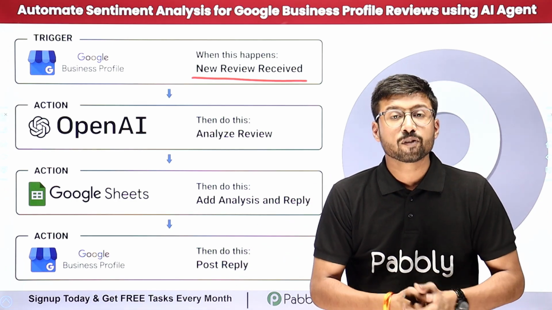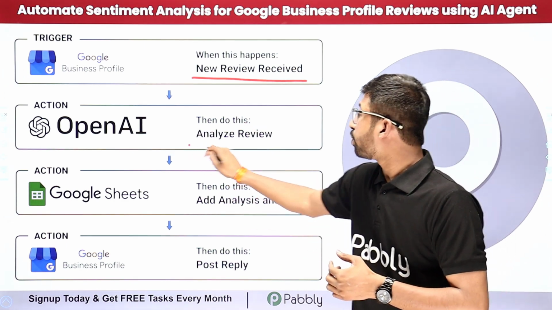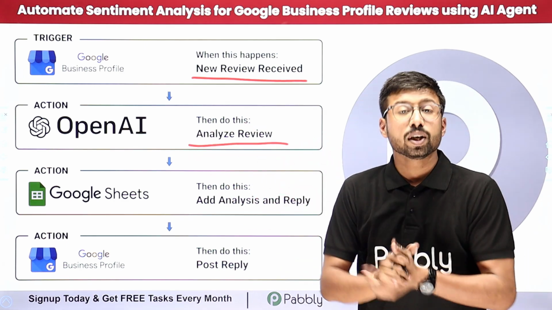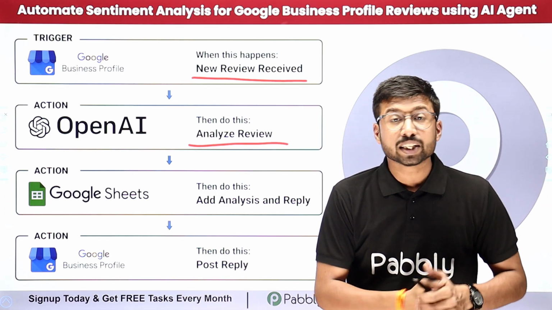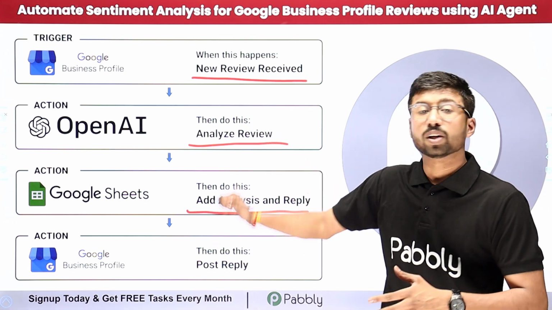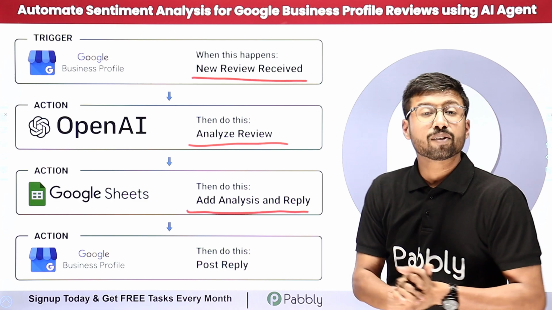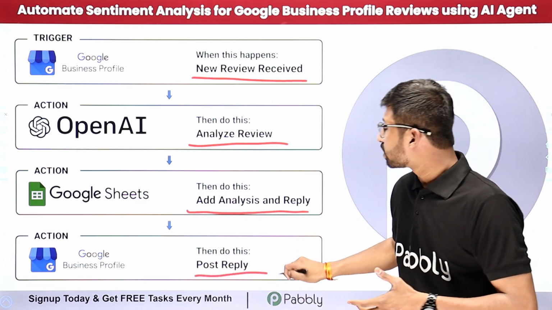Whether it is a positive review, a neutral review or a negative review. Also using OpenAI, we are going to generate a reply for the same review as well. Then after that, this AI agent will add the details of the review and the sentiment analysis and reply of the review in our Google spreadsheet. And at last, it will also post the same reply given by OpenAI on our Google Business Profile as well